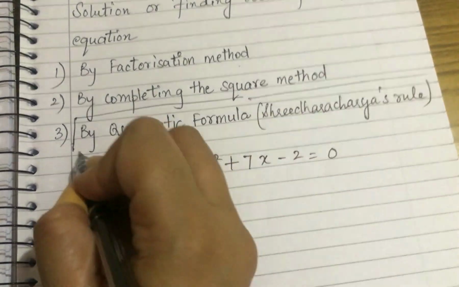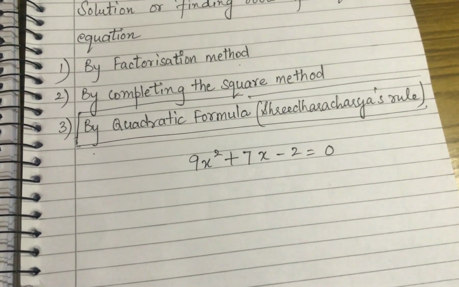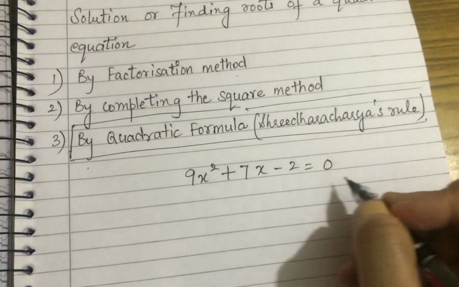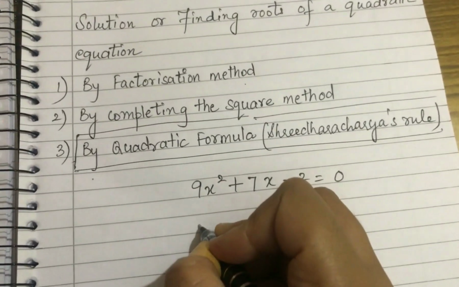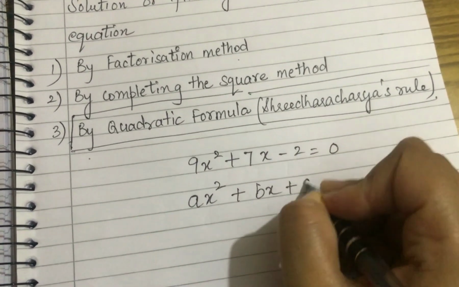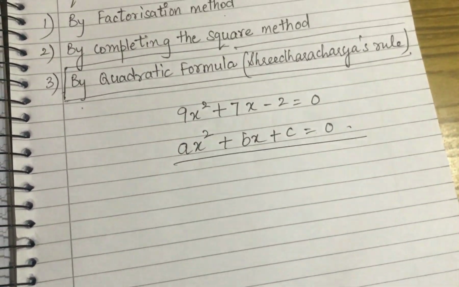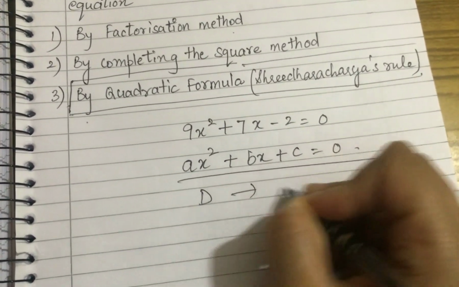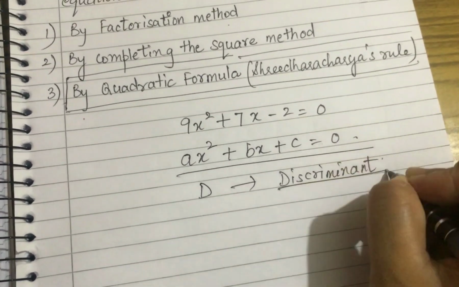See, in quadratic formula we always find discriminant first, which is generally denoted by D. And what is discriminant? First of all you have to write this equation, or you can compare this equation with the standard quadratic equation, that is ax square plus bx plus c is equal to 0. Okay, now D will be more clear to you. D is known as discriminant and it is generally denoted by capital D. We always find discriminant first to find the roots of the given equation.